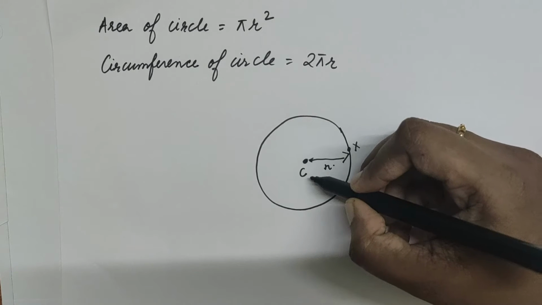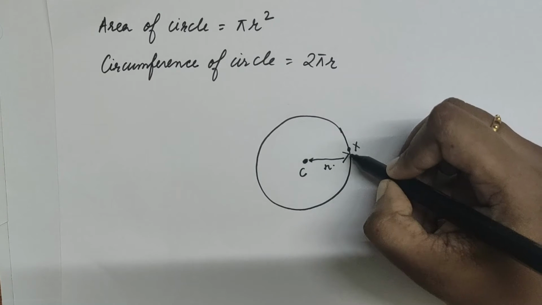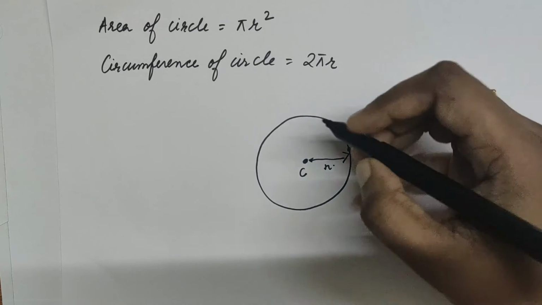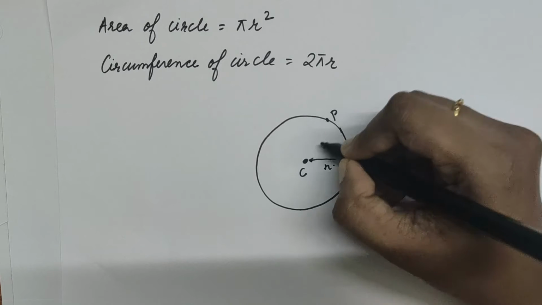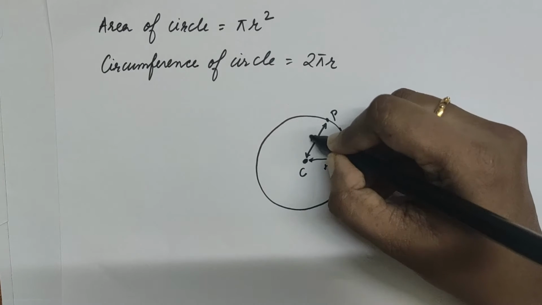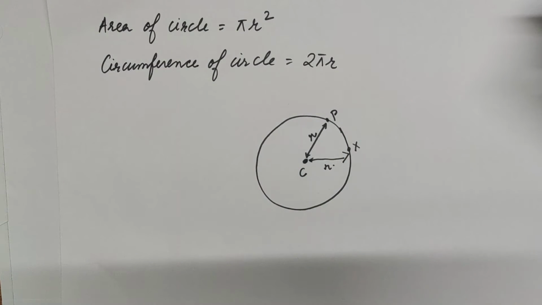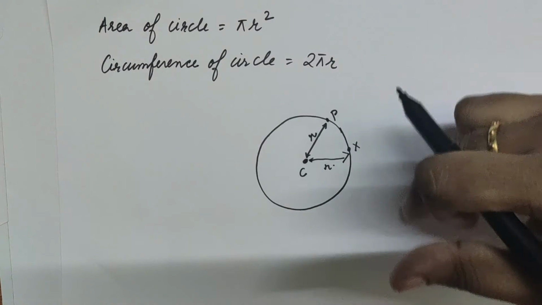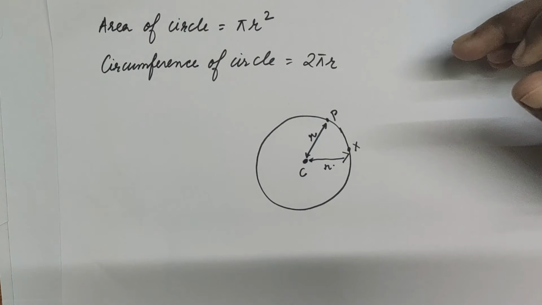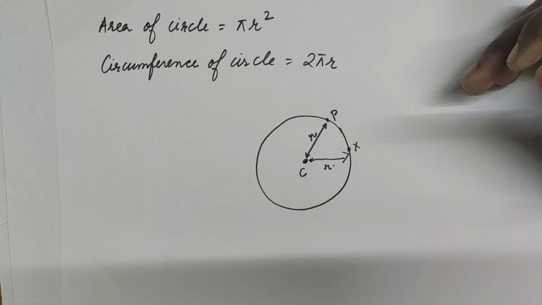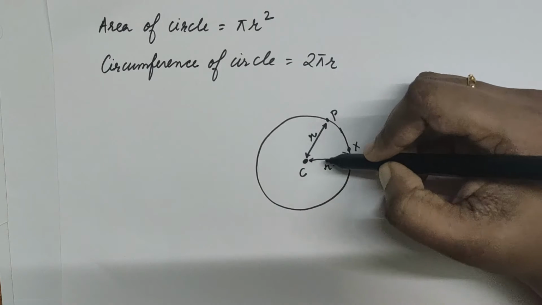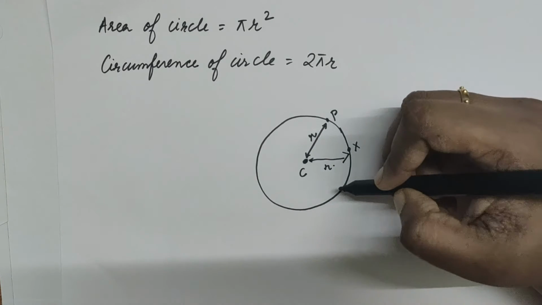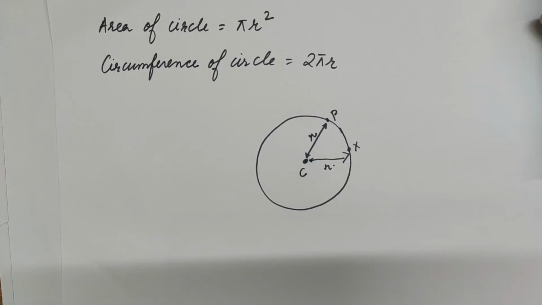This is the center and it is a fixed point, and the constant distance away from it, anywhere, if I say suppose this is P, then the distance between C and P is nothing but R. So that's the radius. A circle is a boundary only, and all the radii of the circle are equal. Please remember that wherever we take the radius in this circle, it is going to remain the same. Now we are going to calculate the circumference of the circle.